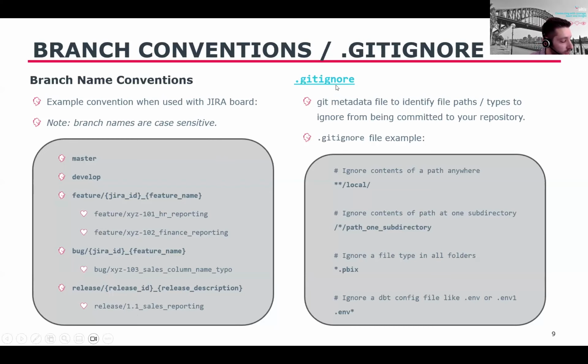The other topic I'll briefly cover is what's called gitignore. Git has a special convention for ignoring certain files from your repository. There's a couple of situations I call out where you might want to use this. One example is maybe you don't want to check in